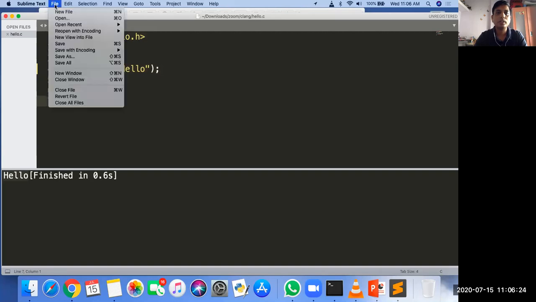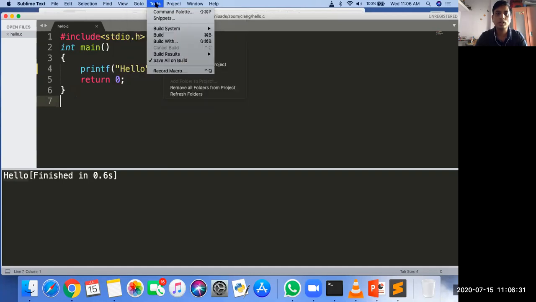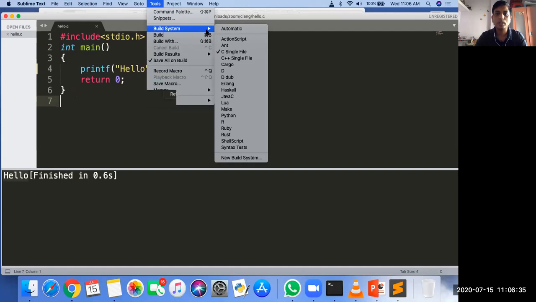There are different menu bars here: file, edit, selection, find, view, go to, tools. Out of these, we require tools. Using Sublime Text we can write programs for different languages; it supports C, C++, Java, Python, and we can also create a new build system.